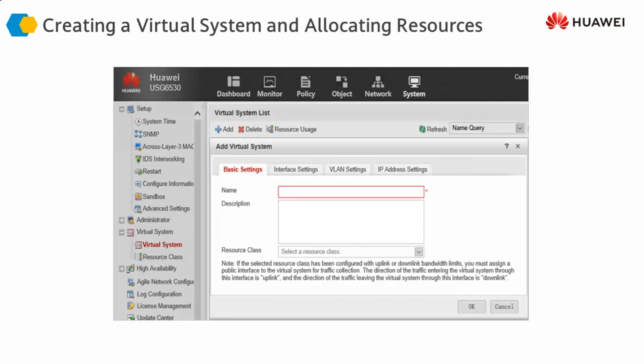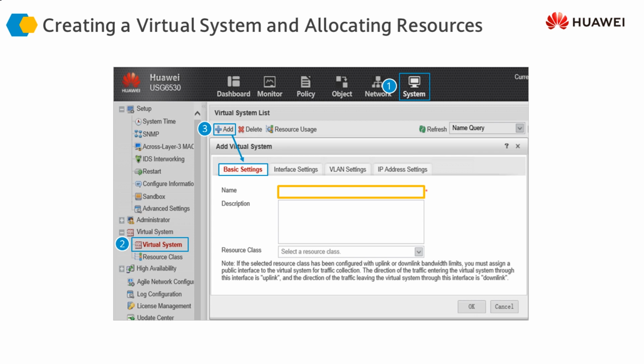The next step is to create a virtual system. Once again, under the system and virtual system heading, we go to the virtual system sub tab, and here we add a new virtual system. We have the basic settings, the interface settings, the VLAN settings, and the IP address settings. We assign all these settings to the virtual system.